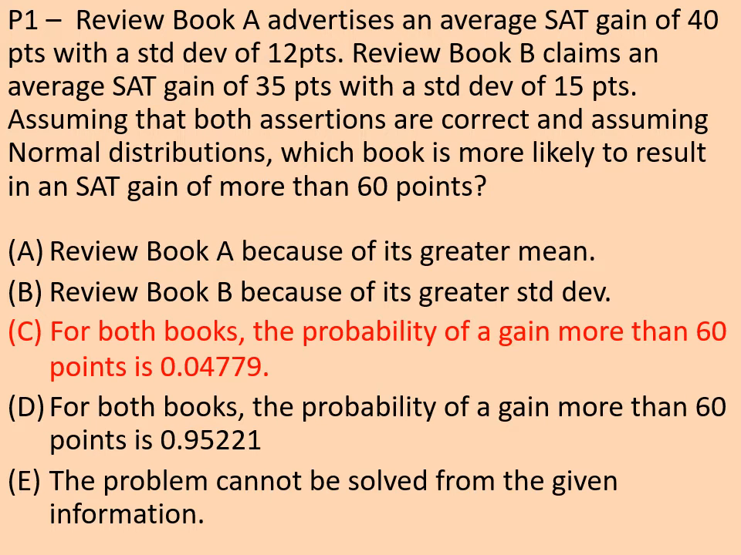All right, so C is correct here. They both actually get the same probability. As it turns out, it's kind of weird. They specifically pick the values in such a way here that 60 is the same number of standard deviations above the mean for book A as it is for B. Looking at this with more detail,